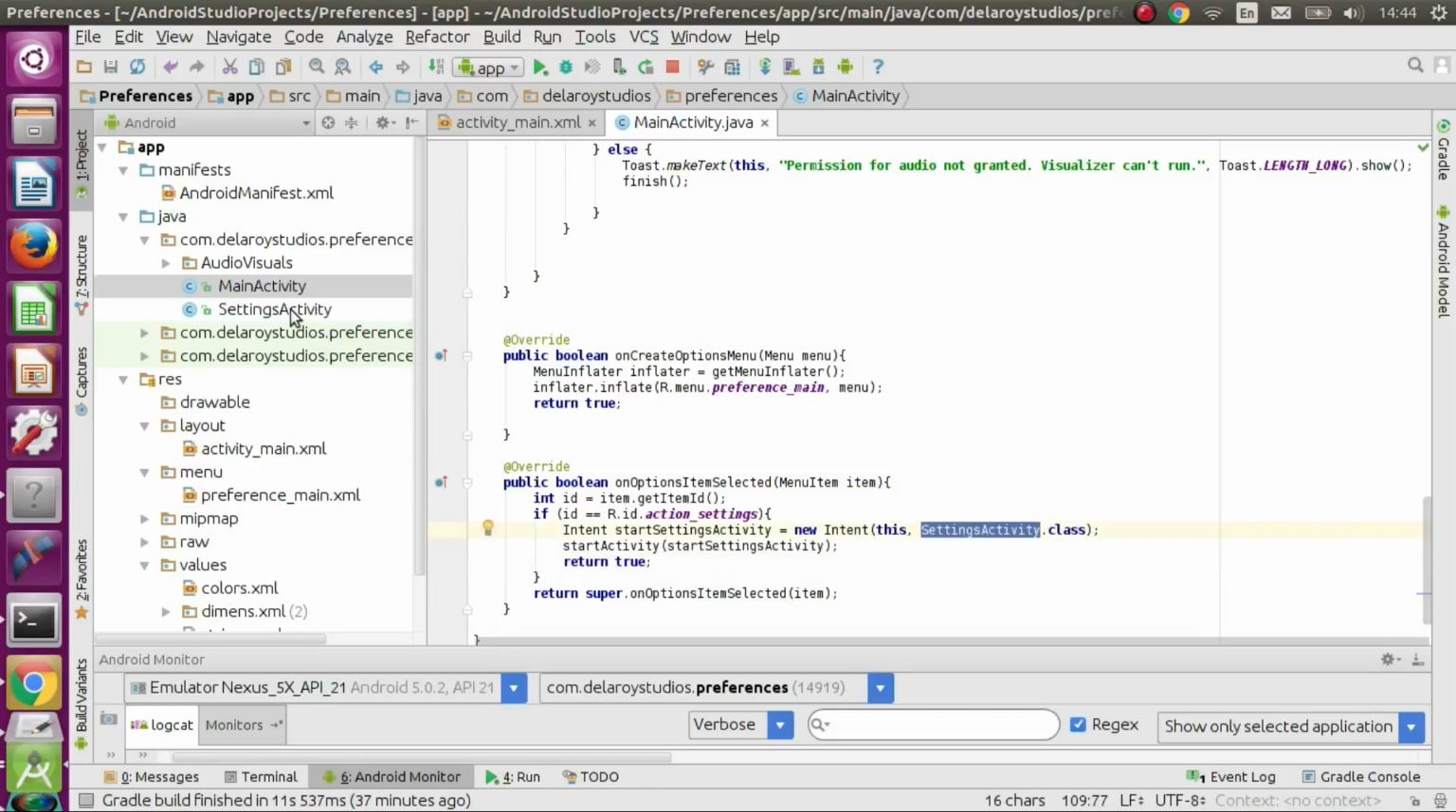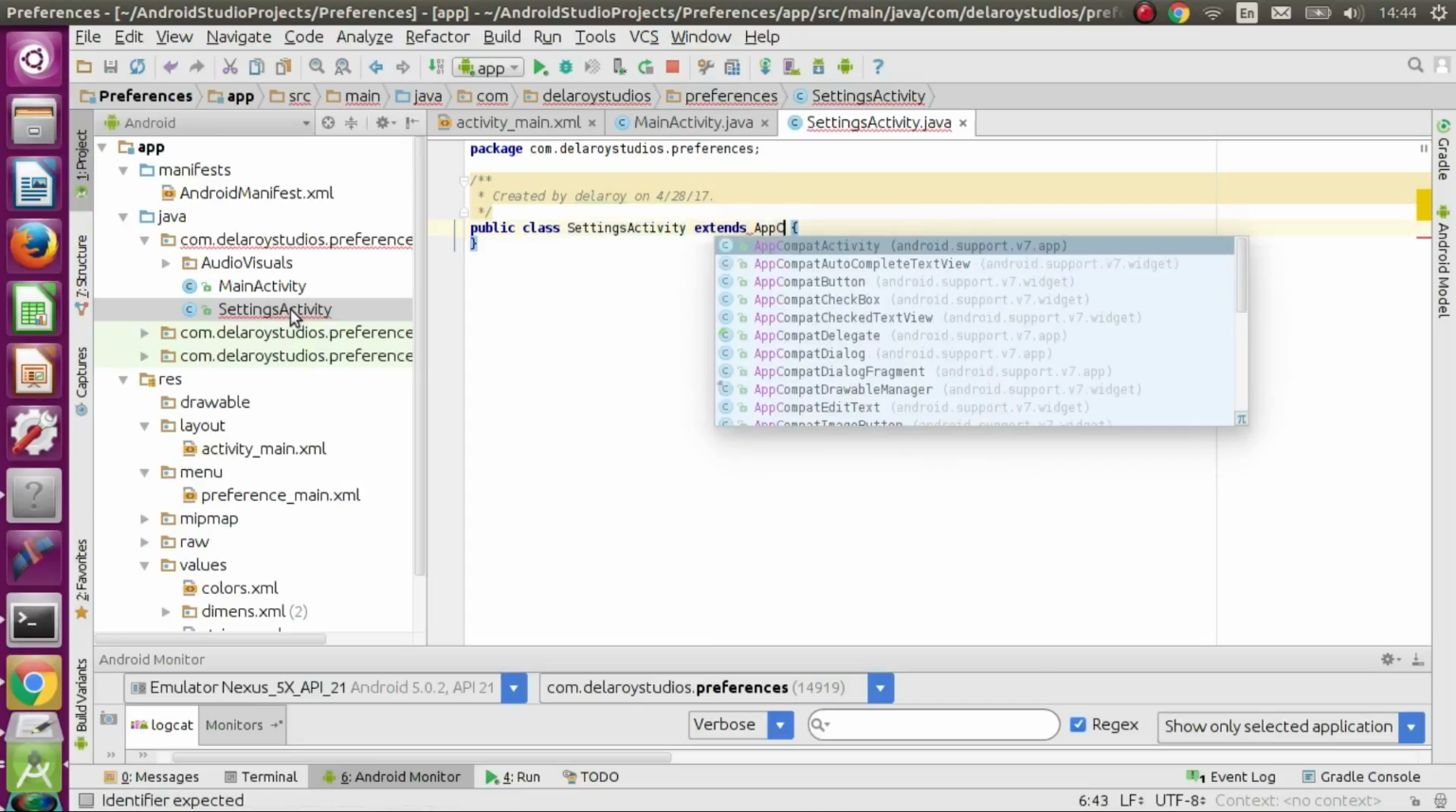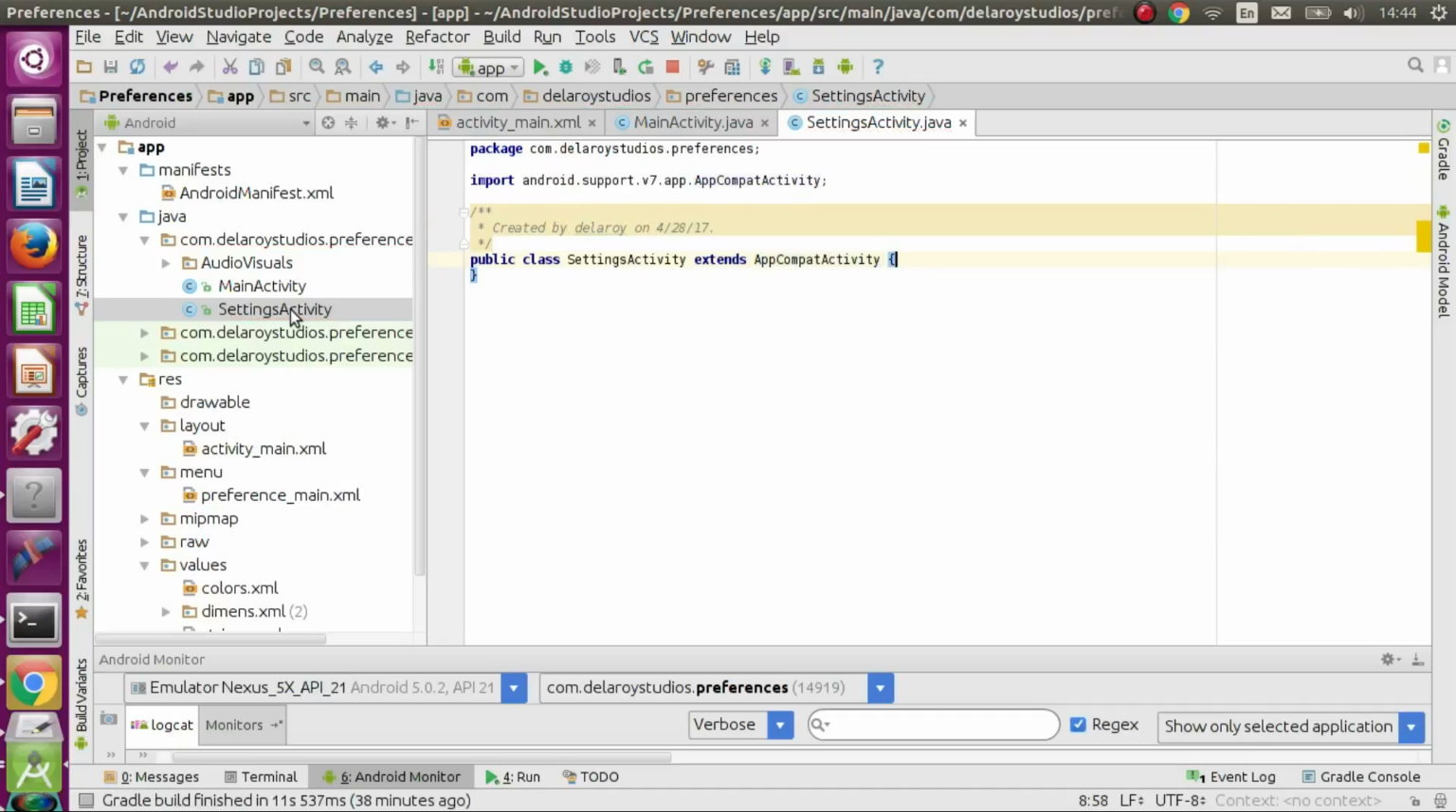So that takes us down to the settings activity. This is where we're actually going to be starting writing the code, and I'll be showing you how to declare the settings activity and how to create a shared preference. So right there in the settings activity, I would like to extend AppCompatActivity, very important, AppCompatActivity. Right there, we're going to override